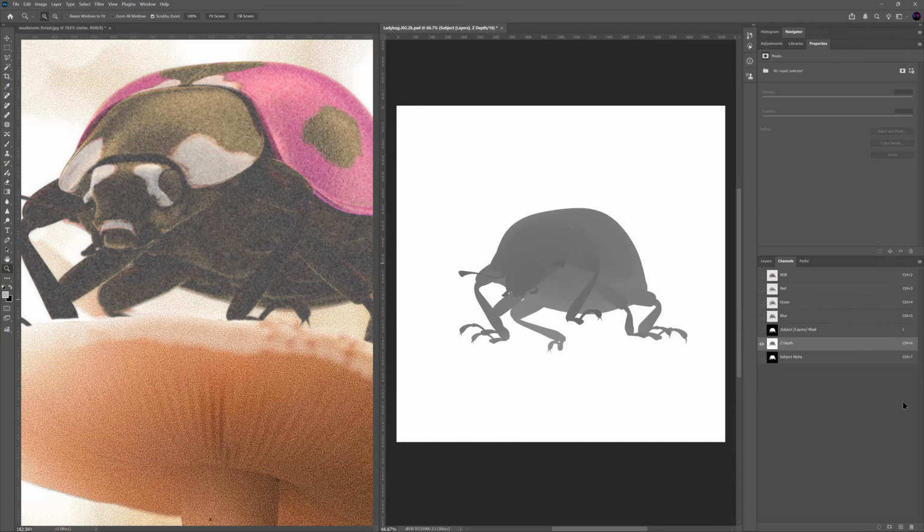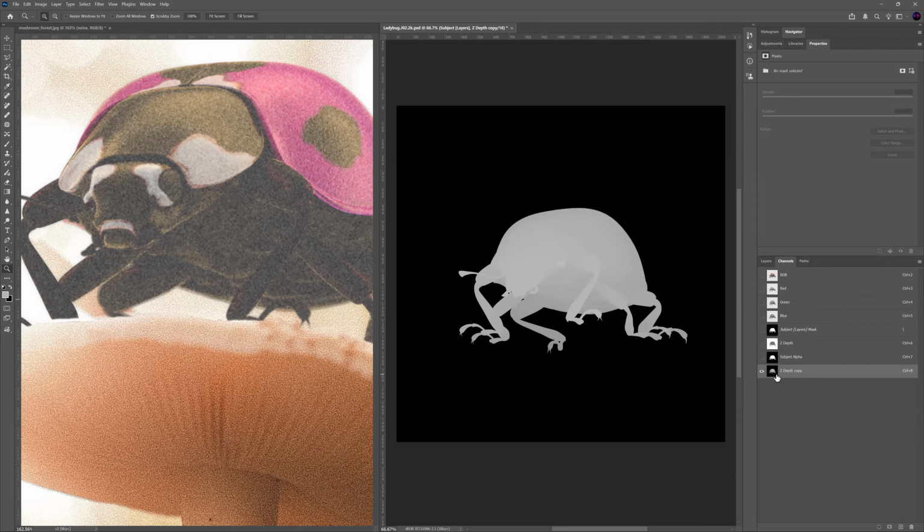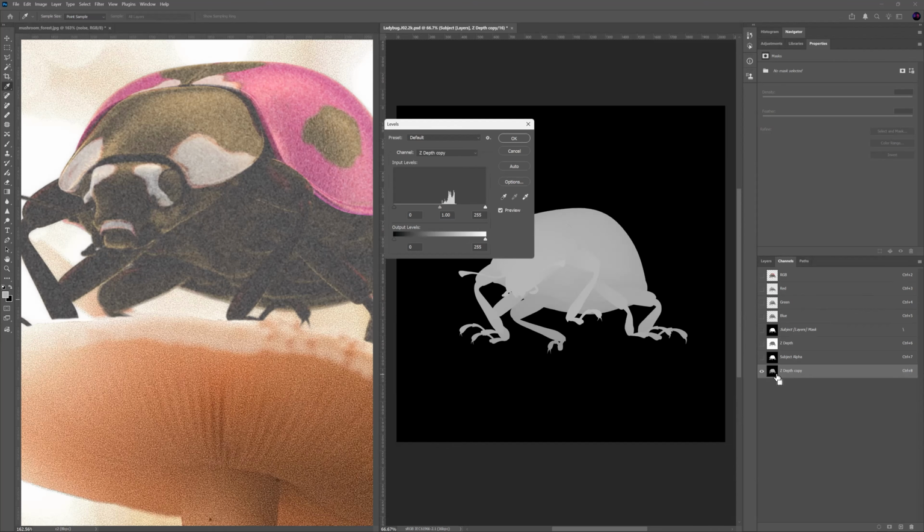I'm going to drag this down onto the new channel button, just like the new layer button. So I got Z depth copy, and I probably should rename that, but I'm just going to leave it alone right now. I'll invert this one, and then I'm going to hit Control L for levels. And this is a destructive change, but I want to brighten things up and darken them down. So I'm increasing the contrast. So if we look at the before and after,